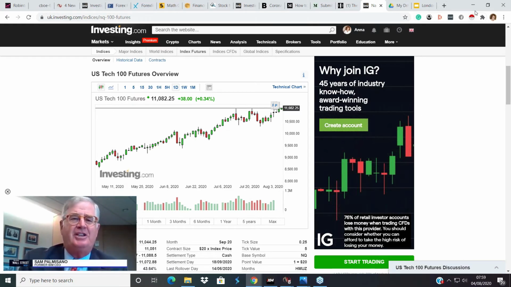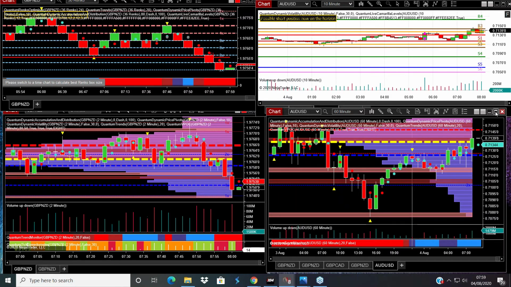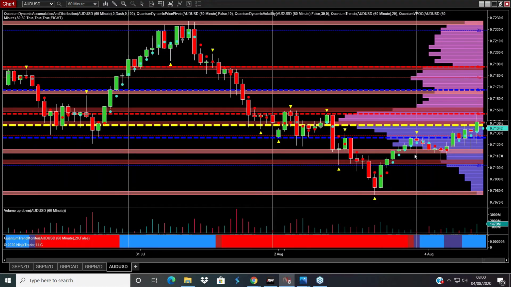Now, what volume price analysis will do for you is it will throw up all sorts of signals. And if you can read the chart through the prism of VPA, and VPA is, as I said, price action, volume, candles, candle patterns, but also support and resistance, it first of all removes that innate bias that we have, and you really just focus on the chart. And what I want to show you is the 60-minute chart